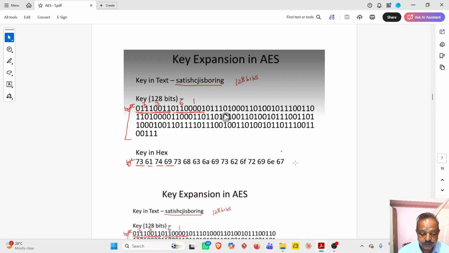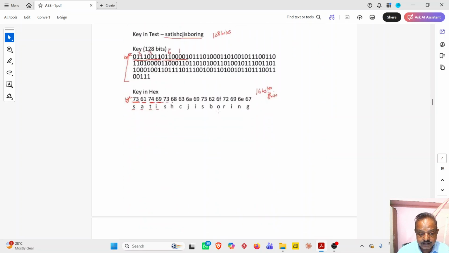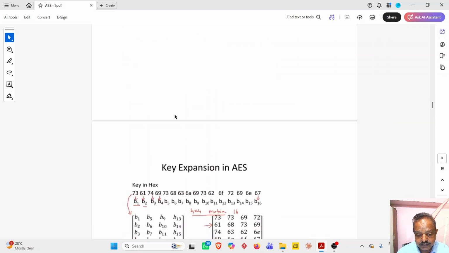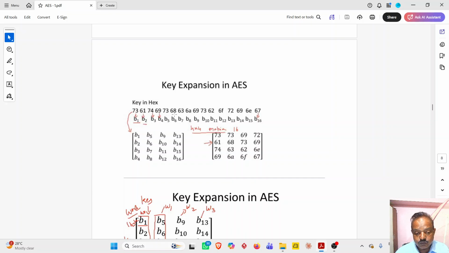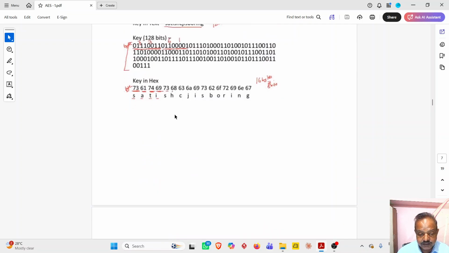Is it clear? Now, you got it? So the same thing, suppose you want to check it, applying the reverse, you can find the same key or the password that I have given, from the hexadecimal numbers also. Is it clear? Now, once you find this key converted to the hexadecimal number system, you convert